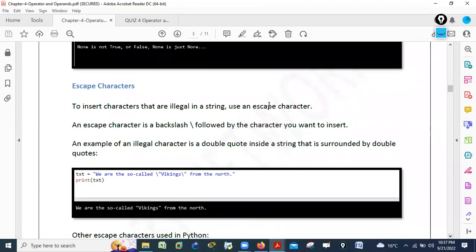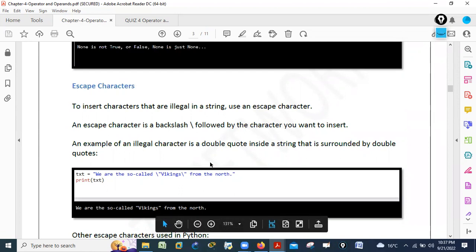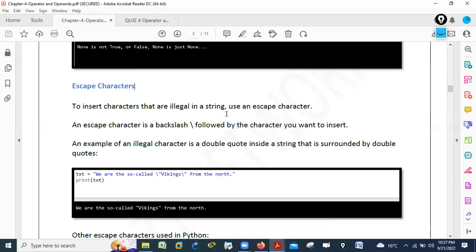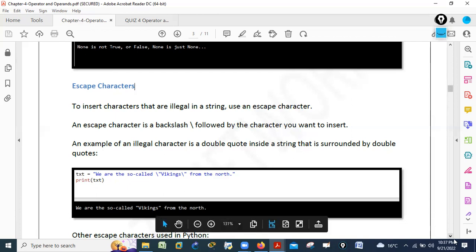Now this is important: escape character. What do you mean by escape character? Escape character means whenever I want to add a new line in my statement, I can use slash n, right? So to insert a character that is illegal in a string, use the escape character. An escape character is a backslash followed by the character you want to insert. So here you can see